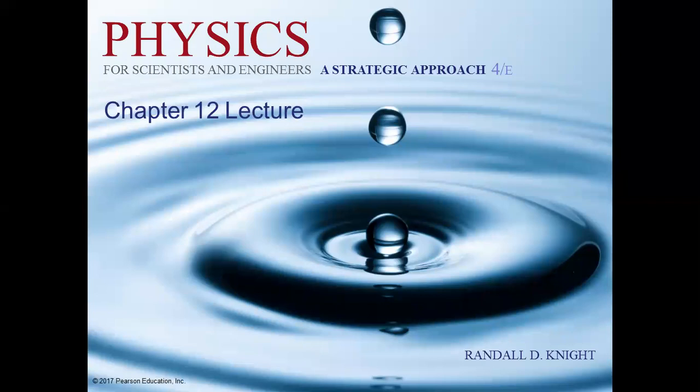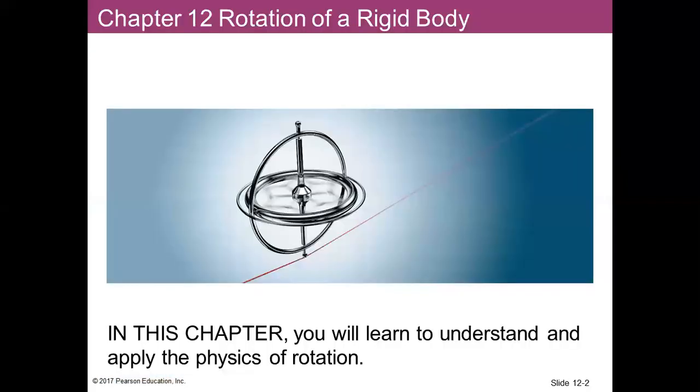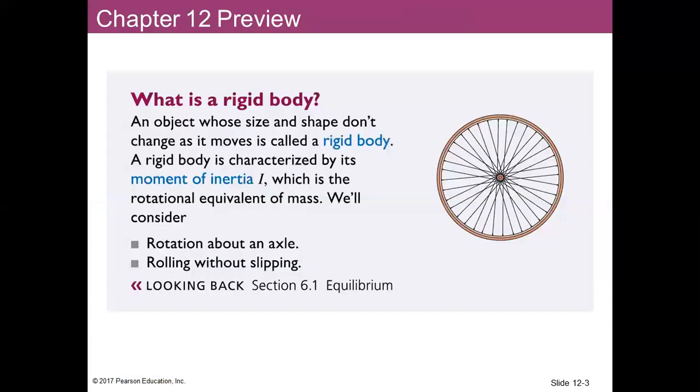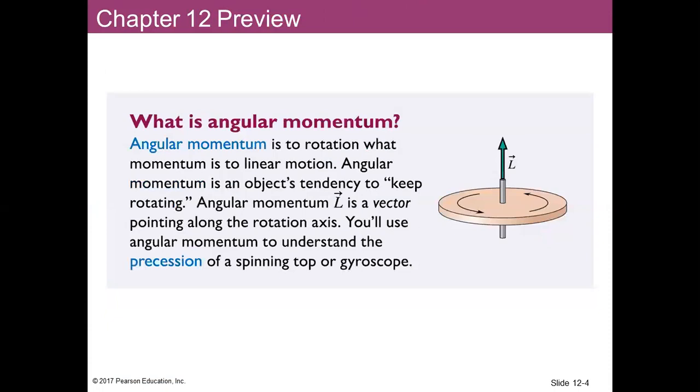Today's topic is angular momentum. What is a rigid body? A rigid body is an object whose size and shape do not change. What is angular momentum? Angular momentum is the rotation